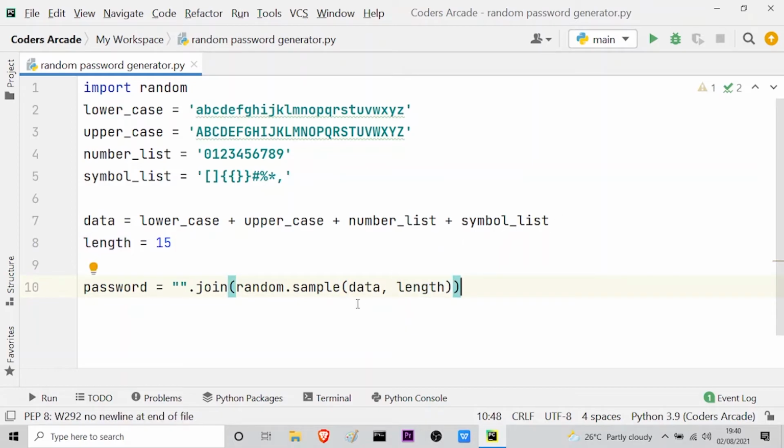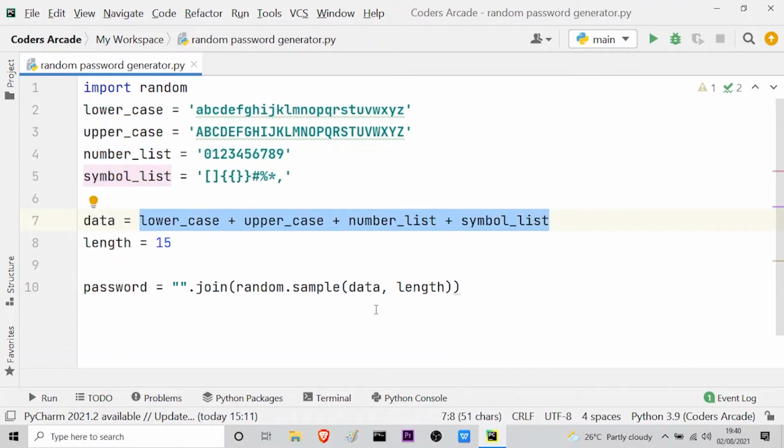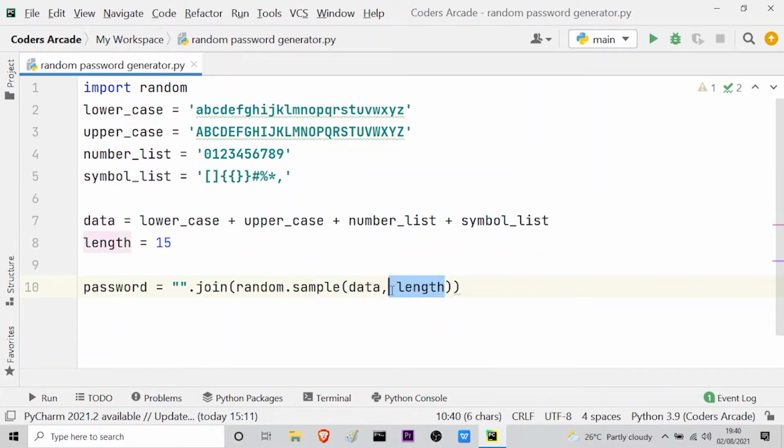What this line of code will do is, it will sample all the data in the four variables, which is provided in this data variable, and it will sample them into one random value of length 15 characters. It will be a string, and it will automatically generate a new password every time I run this code. So it will be very helpful when I want to create new passwords for my accounts, wherever it is, say Gmail, Facebook, Instagram, or anywhere. So in this way, we can easily create a valid and strong password for our accounts.